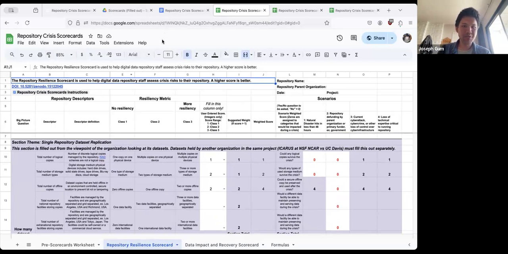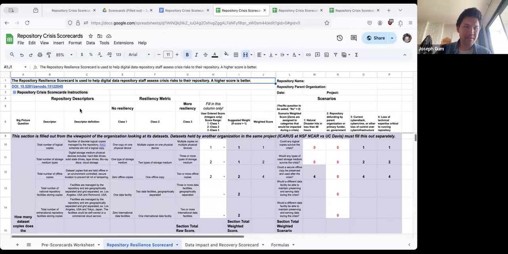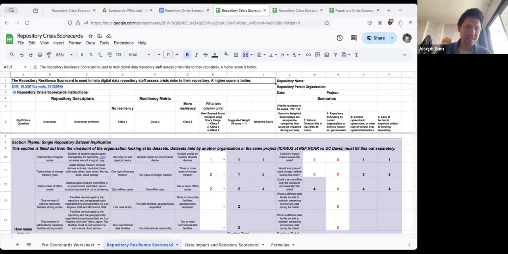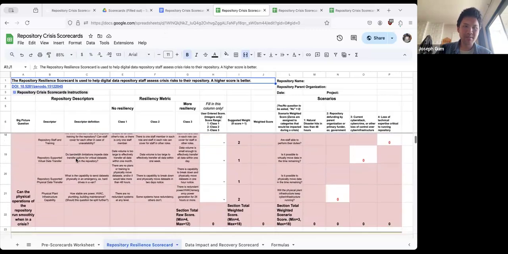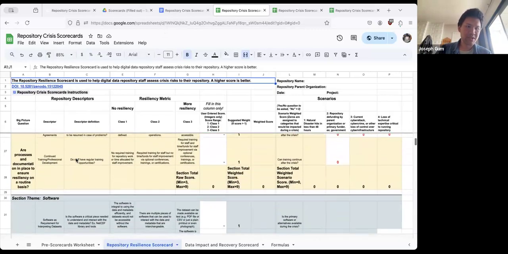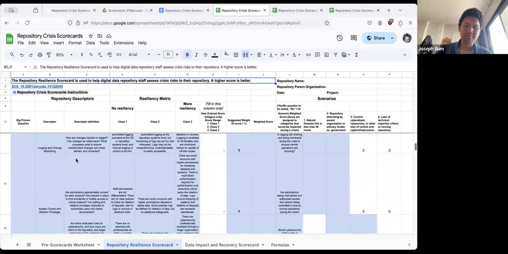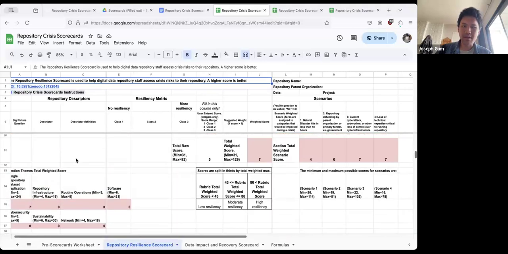We just copied their format and tried to make something that works here. For here, we have a number of different sections, such as single repository dataset replication, repository infrastructure, routine operations, software, so on and so forth.